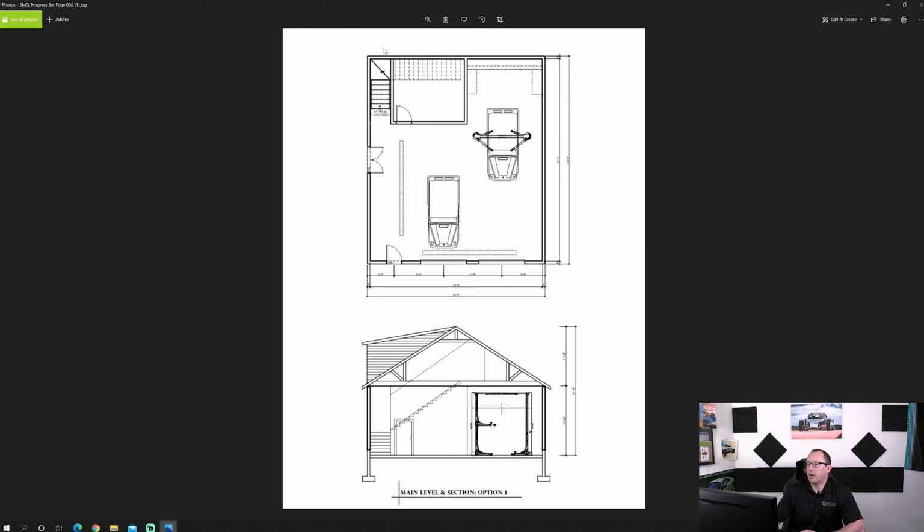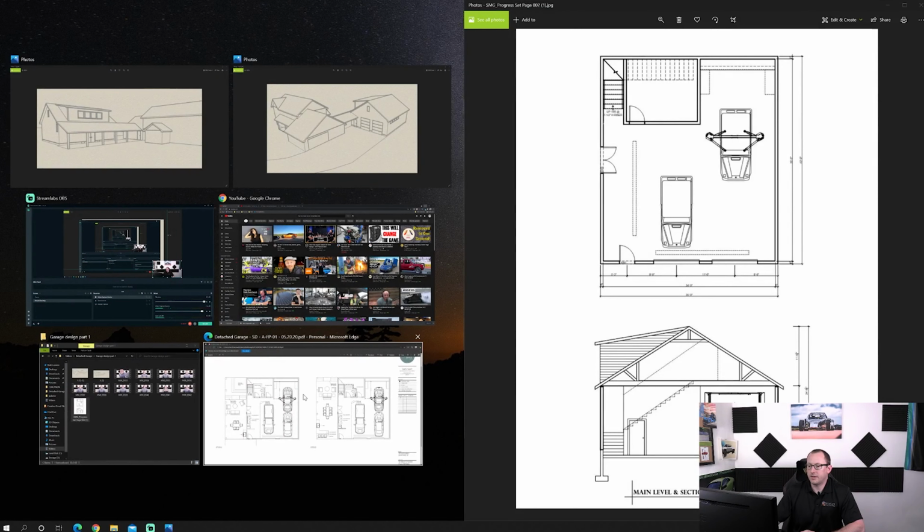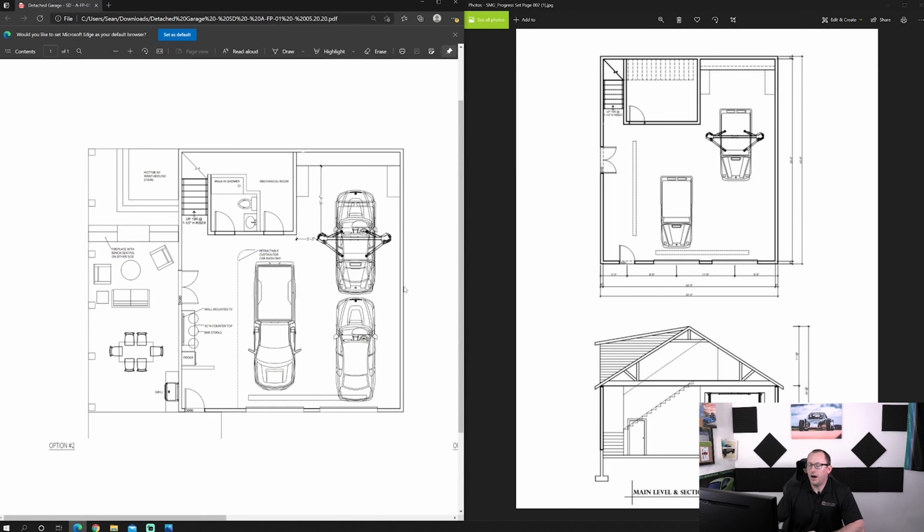But when I was working on this, I wanted to basically take this and work with Simply Savvy Designs, and she is an interior designer, and she does floor plans and layouts. So we talked through it, and what we were mainly focused on versus the original design, which I showed you guys in the last video, was how close this lift was going to be